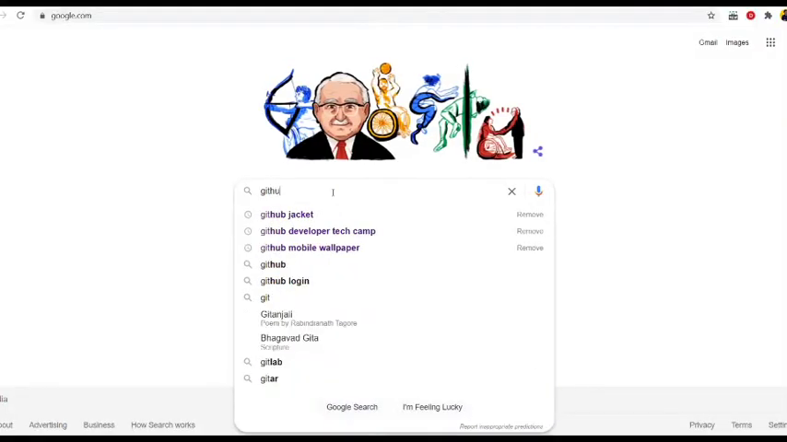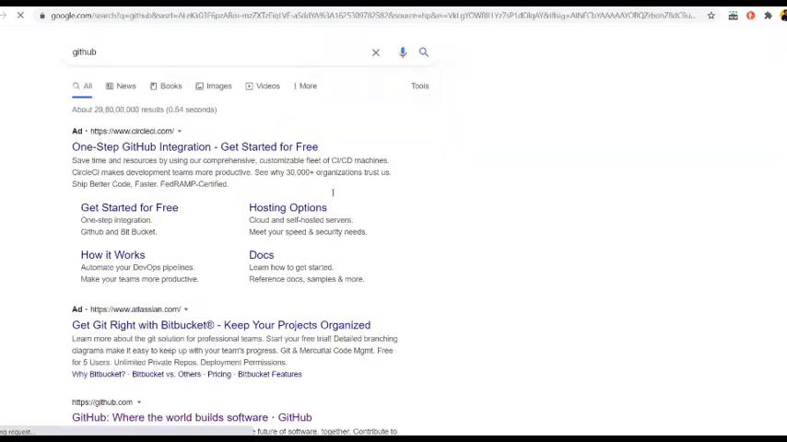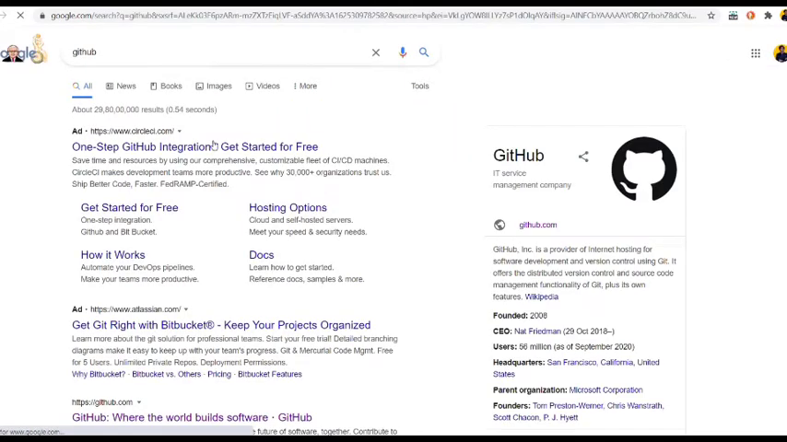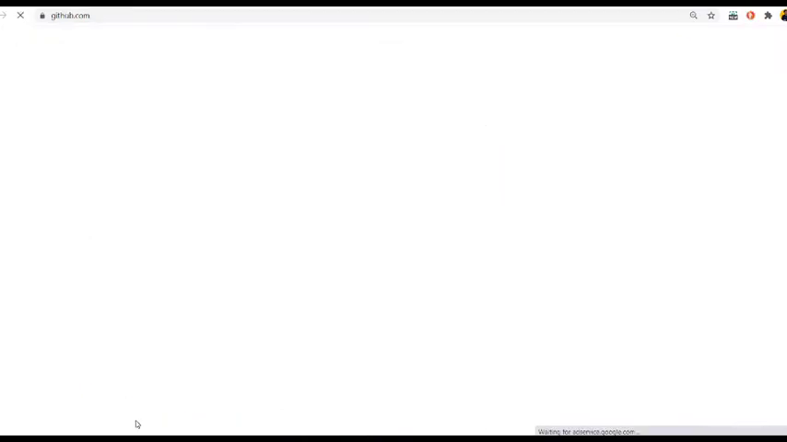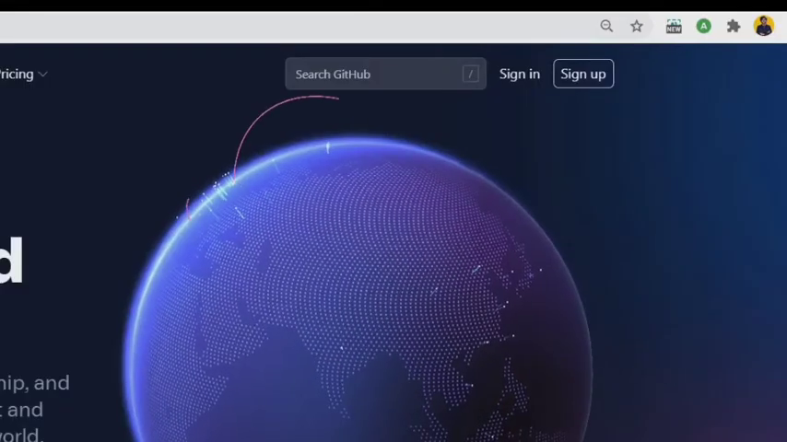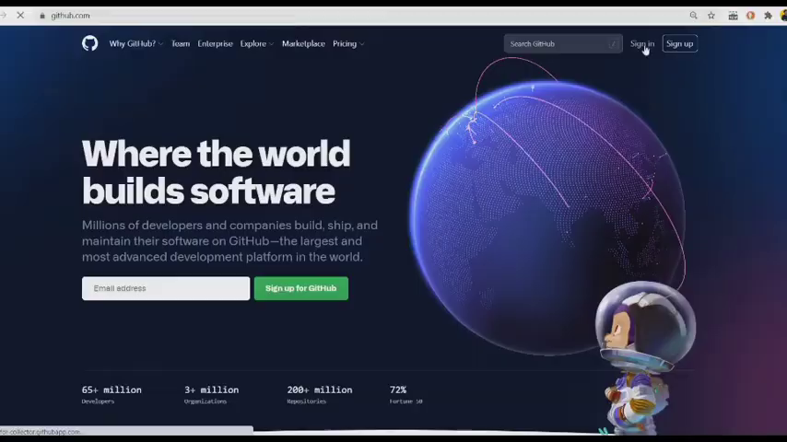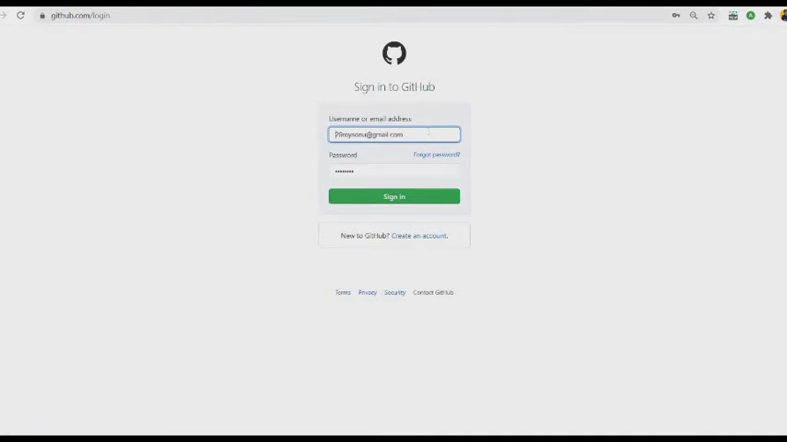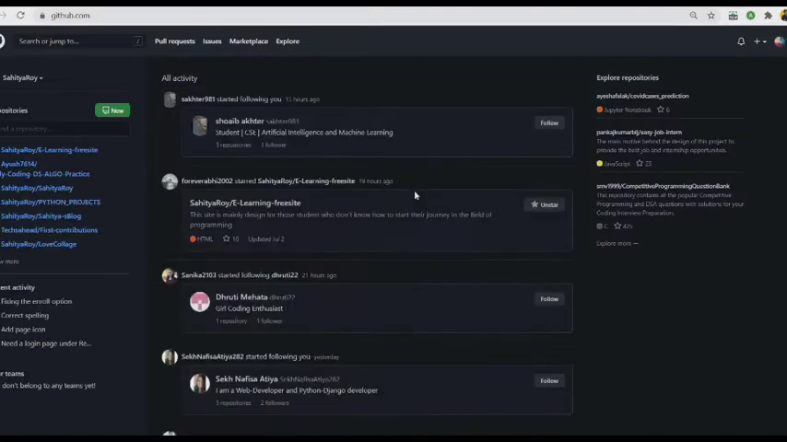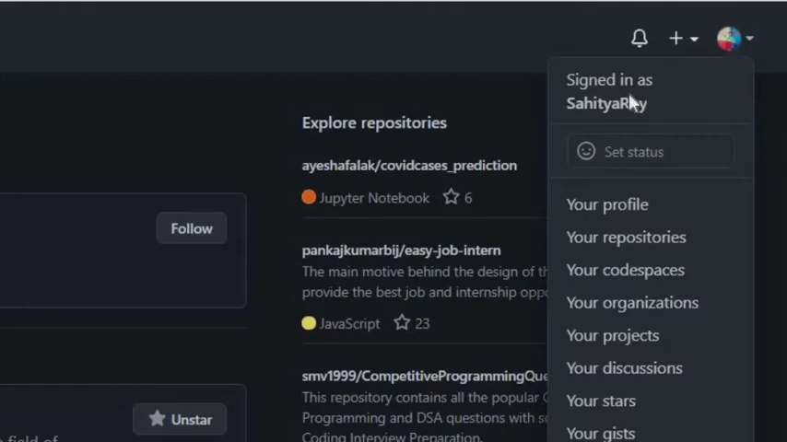First, you have to search GitHub in your Google. Then click on GitHub. Here you can see the GitHub official page, and if you are new, then click on sign up, or if you have an ID, then sign in and enter your login and password. There you can see a profile option. Just click on profile,